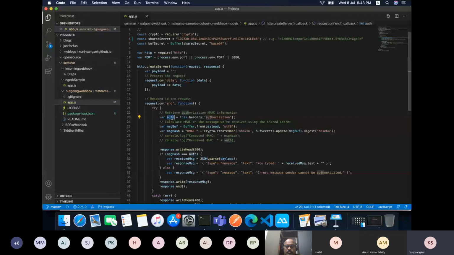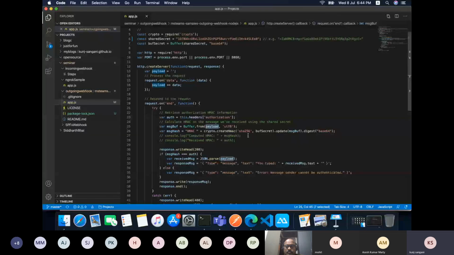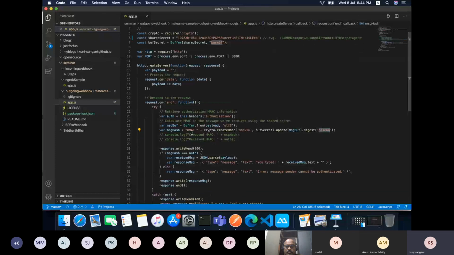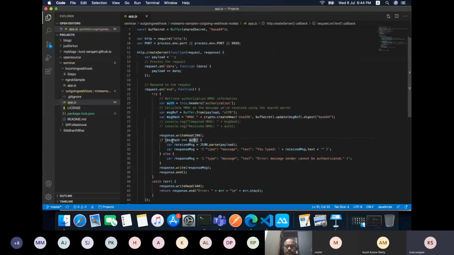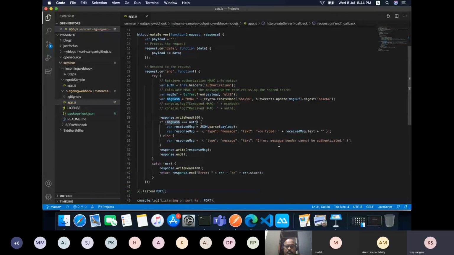We take this code, and from the message buffer, from the payload itself, which is the message buffer, demo testing, we can find our authorization code. We'll decode it using SHA-256. This is the decoding digest, and we'll use base 64 to decode it. Once we get this, if both things are equal, then we'll display that the message is successful, and if not, we'll say it is an error.